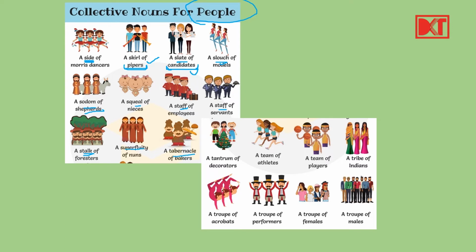Tabernacle of bakers. Tantrum of decorators. Team of athletes. And a team of players. A tribe of Indians. A troop of acrobats. A troop of performers. For females too, we say a troop of females and a troop of males. Alright, this one was for people. Now next,